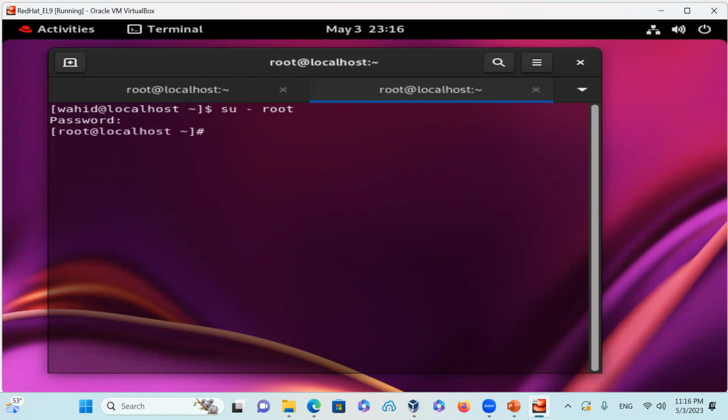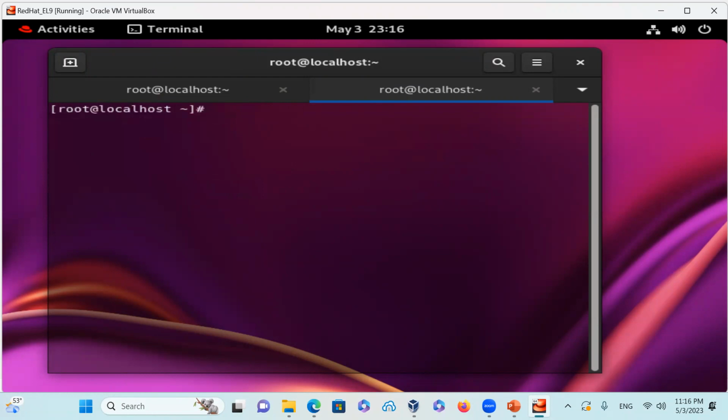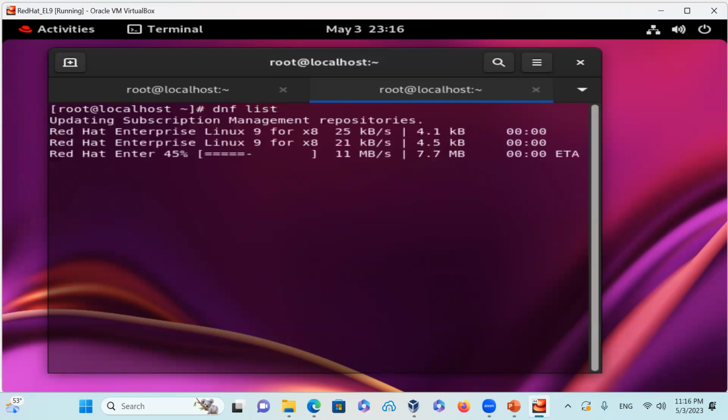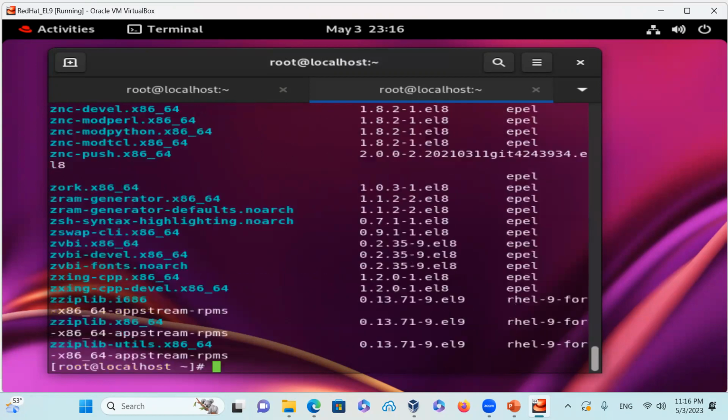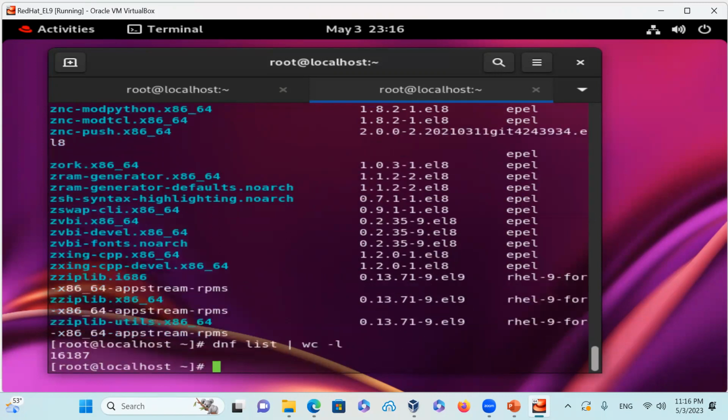Okay, so now I'm root again. You can see my prompt is the same prompt that was previously, so that is good. And I'm going to clear my screen here and run dnf list to see all the packages, as we did in the past. And then we're going to do a count on it. Say dnf list | wc -l, and that will give me the